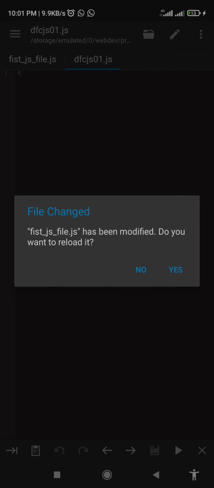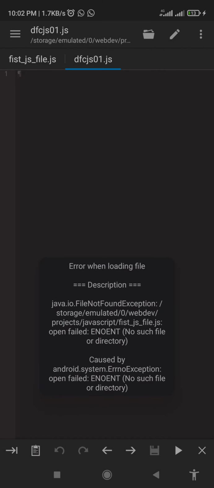feast_js_file.js has been modified. Do you want to reload it? If I click on no, it will just leave the file there like that. But if I click on yes, it will tell me that the file does not exist anymore because I have deleted it, which is correct. And I renamed it and edited it. So this is what we have now,